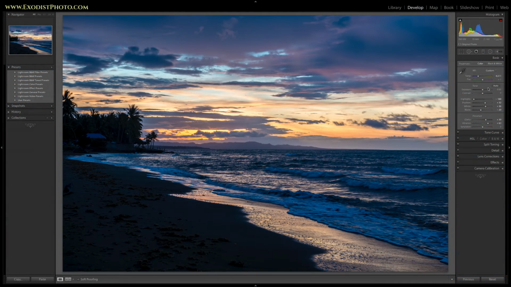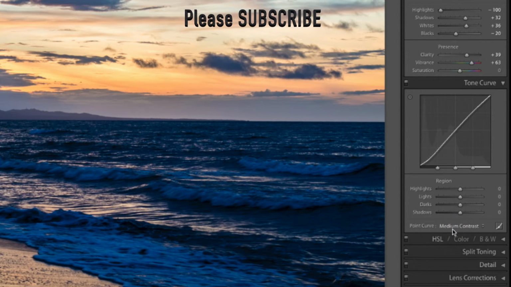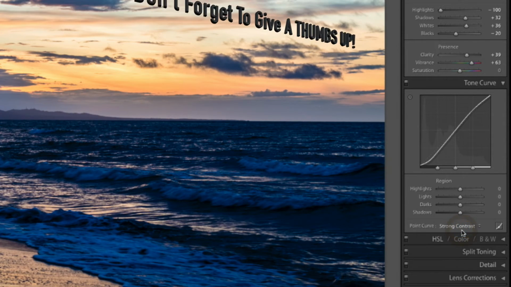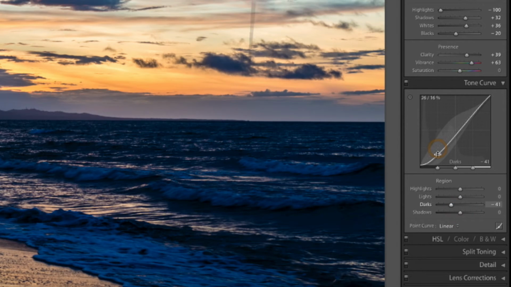Okay, now that I've talked about those, let's go down here and talk about the tone curve. Now, the tone curve can be used quite often to get a lot of those washed out photo effects and stuff, and also add a little contrast to your image. A little medium contrast there, strong contrast. Now you have multiple ways of changing this. You can do this manually on your own,